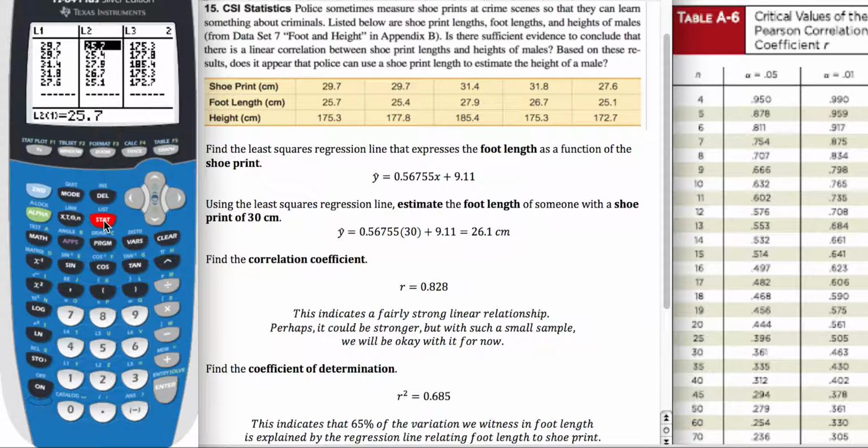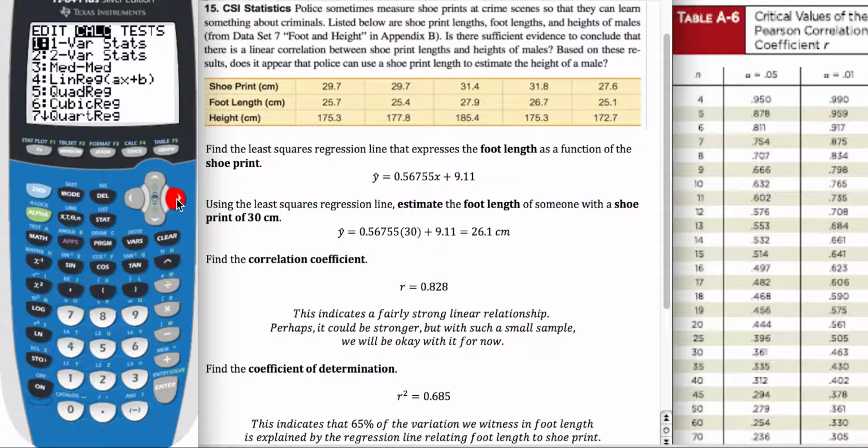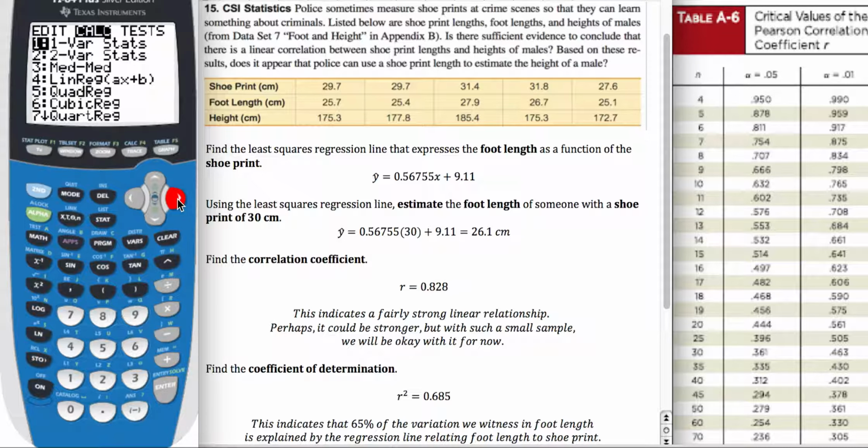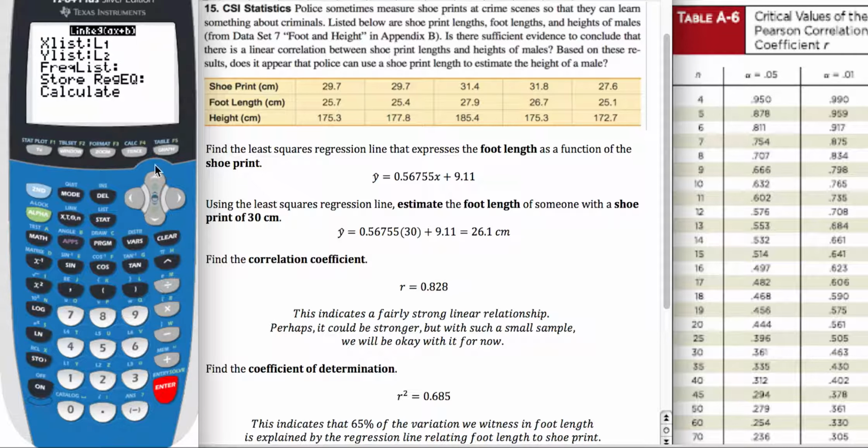We'll begin by pressing Stat, arrow once to the right for Calculate, and then choose number 4, Linear Regression. Stat, once to the right, and then we'll arrow down. Choose 4 for Linear Regression. My X list is L1, my Y list is L2. So I'm going to arrow down and calculate. Notice here that my linear equation, my least squares regression line, has a slope of 0.56755,